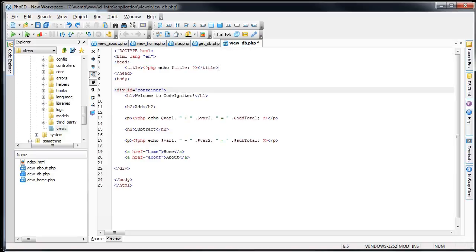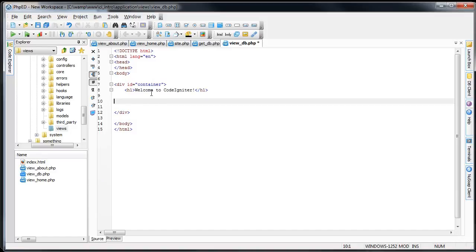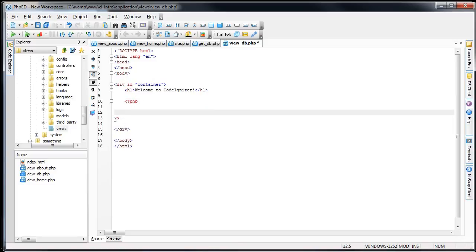We'll just copy and paste this HTML because it's awesome, and it would suck to have to type it all out again. So here we go. Next thing we're going to do is, why don't we just print_r, because as you know, that'll return whatever is in an array in a readable format. So we'll go print_r on this object that we just passed in called results. Okay, so now if we look at this,